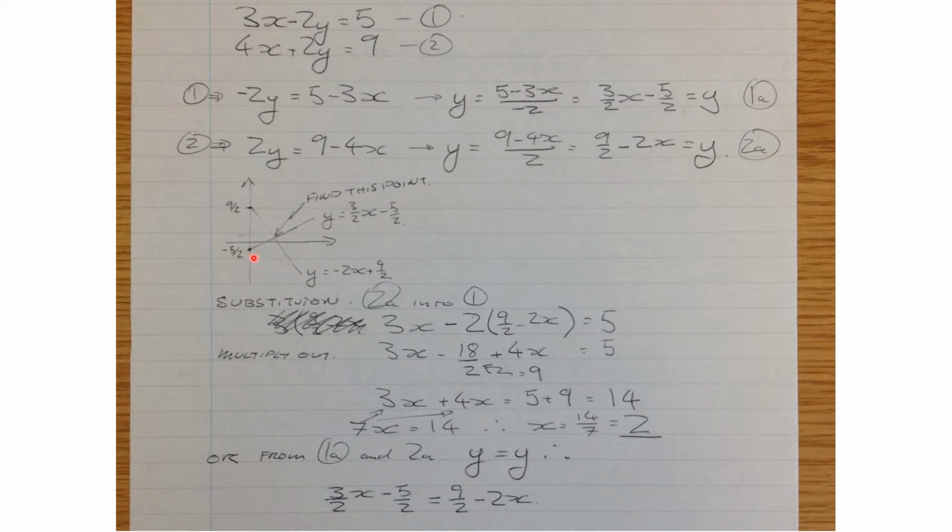So there's one, there's the other. The intercepts with the y-axis are the constants here, and the gradients of those lines are the constants that are multiplied by the x. You can see that these two lines cross at this point here. So to solve these two simultaneous equations, we're looking for the point where these lines cross over. I'm just going to go through two approaches, two ways that we can go about these equations. Okay, so one thing we could do